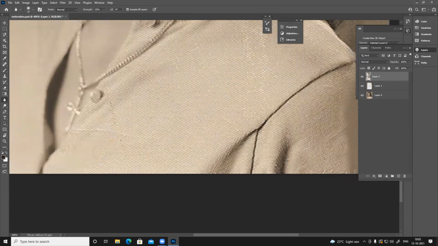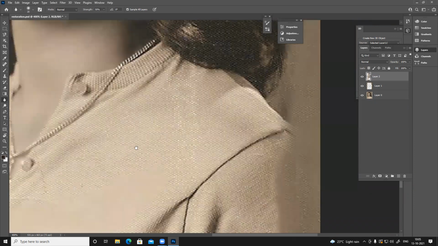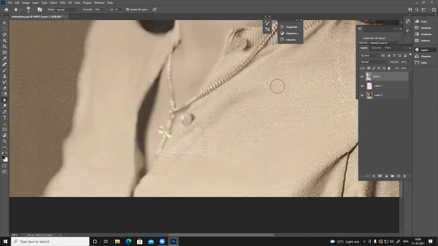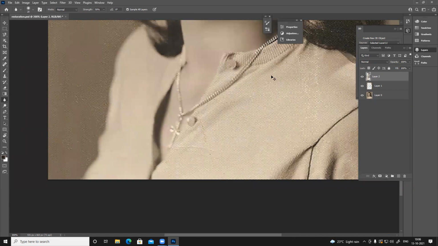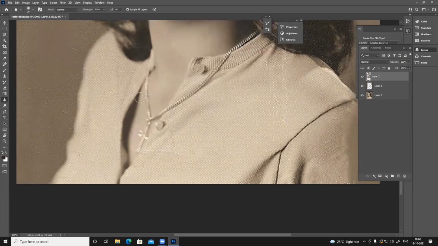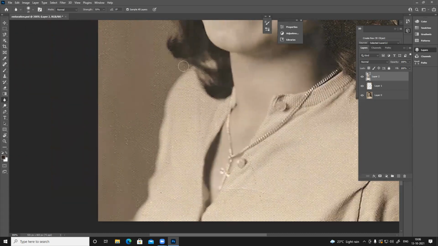That is something we can add. Just cleaning it, or maybe we can keep it also. Sweater something we can keep it, right? For the grains. Okay. Let's do the background then.